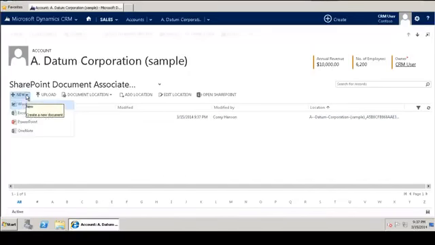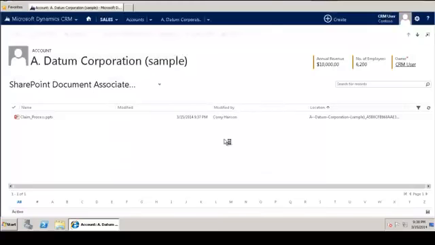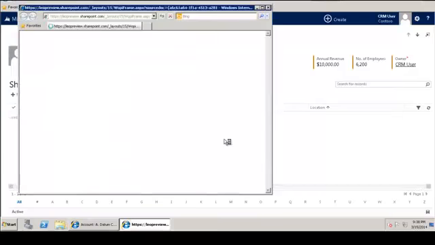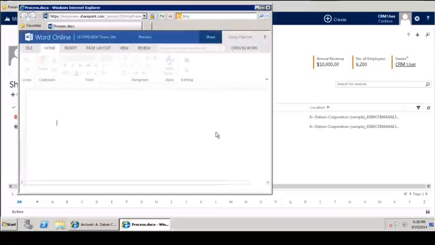If I go ahead and click on New, you'll notice I have some options here to create new Word, Excel, PowerPoint, or OneNote documents right from within CRM. So if I go ahead and click on New Word Doc, let's call this process doc. I'll click save, and notice it'll launch me right into Office 365 Word Online. So I can go ahead and start editing this document,